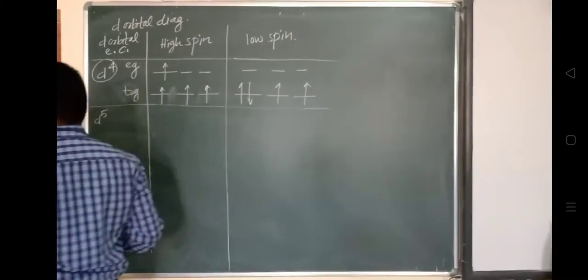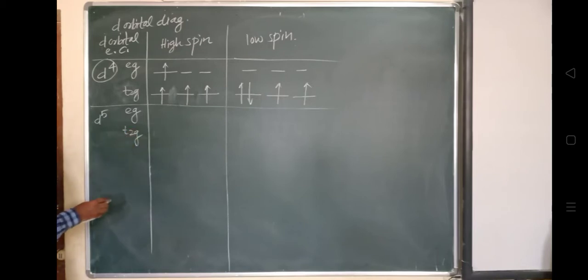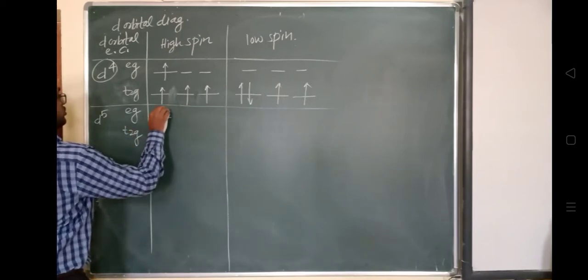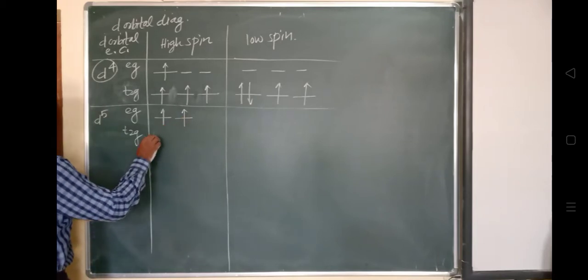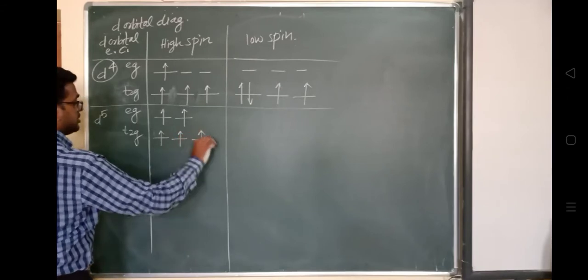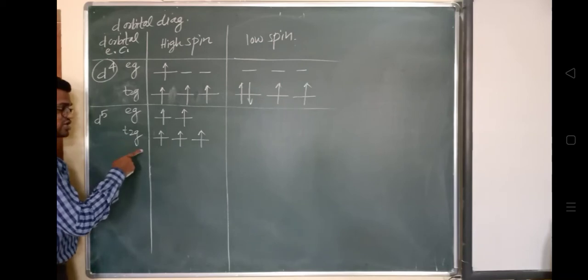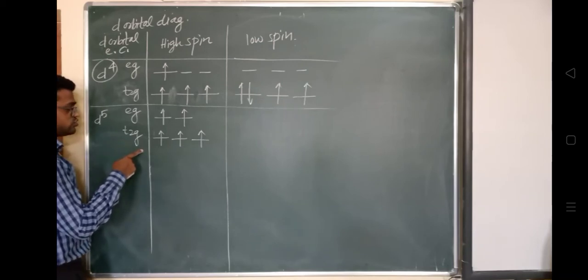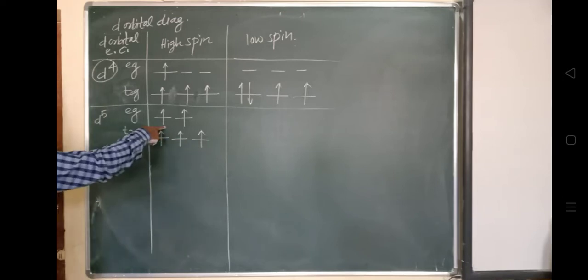चलो, d5 orbital में देखते हैं. Eg has higher energy and this is t2g, which has lower energy. तो ये देखो, ये दो इलेक्ट्रॉन्स Eg सेट में जाएंगे, और ये देखो 1, this 2 and this 3, because the first positions will be occupied in t2g as per Hund's rule. 3 will be occupied in this t2g and the remaining 2 will be occupied.